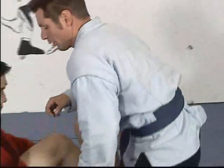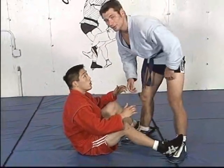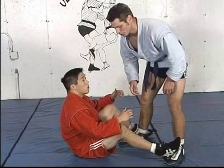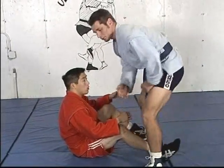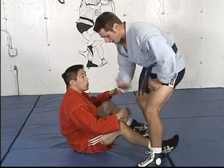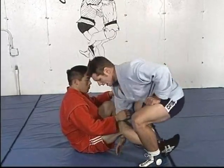Next submission is called a calf crush. We're going to start from here. Open guard, I'm standing up. Also a very common position in Brazilian Jiu-Jitsu. So here, what you want to do is step over so the leg pattern is alternated. Mine, his, just like this. You want to lean and